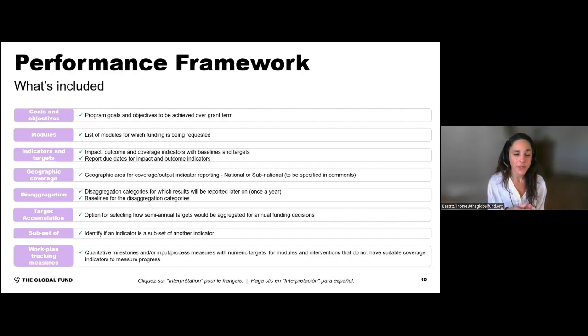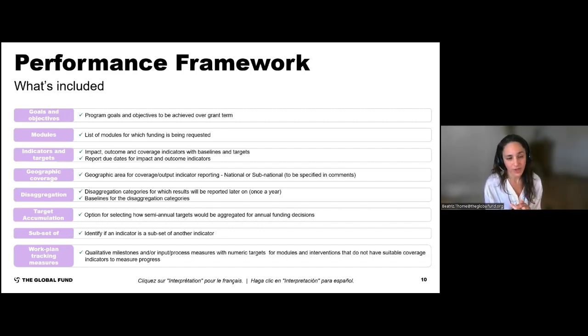In particular, for high impact and core portfolios that generally report every 6 months, these accumulation options, you have cumulative and other types of accumulation for how these semesterly targets are going to be annualized in terms of